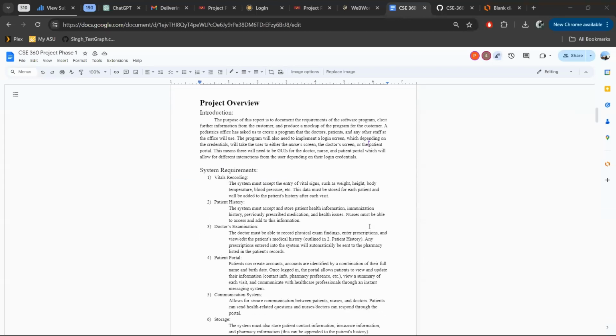So generally, this system is an automation system for a pediatric doctor's office. It's going to be used by doctors, nurses, and patients. The main purpose of the software is going to be to reduce paperwork and increase the accessibility of patient records